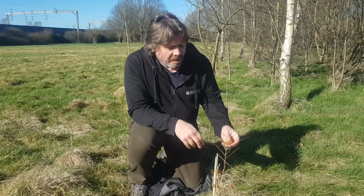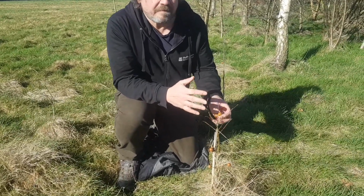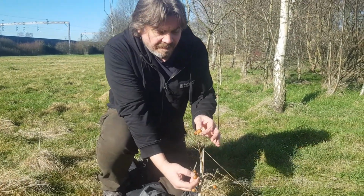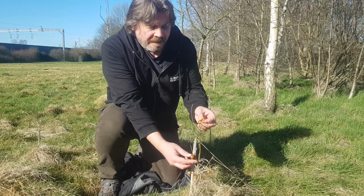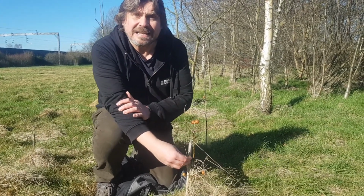So here we've got a gall. As part of the Youth Ranger project, we're going to be learning about different ID techniques and looking at different invertebrates. So this is quite an interesting one here at Wickerson Park. We've got these galls here that you can see. Now these are created by a small gall wasp that actually injects into the stem of the small oak tree, and then that reacts and grows around its egg that is in here,